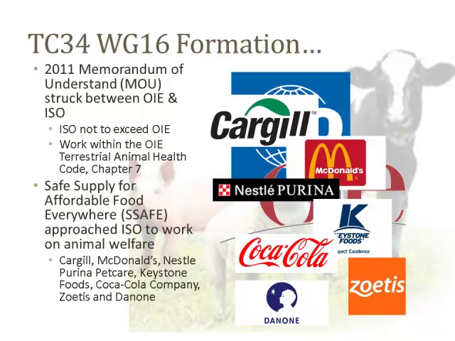So the idea that SSAFE had was for the food chain implementation of the OIE animal welfare standards, those first lists that you'd seen, which included transportation, slaughter, shipping, transport, for possible government implementation of OIE animal welfare standards in regards to trade and to promote international harmonization on animal welfare standards. So they want something that they can point to and say, this is what we follow across the